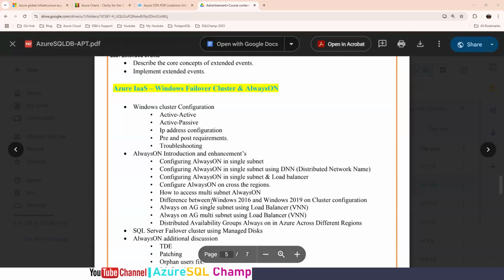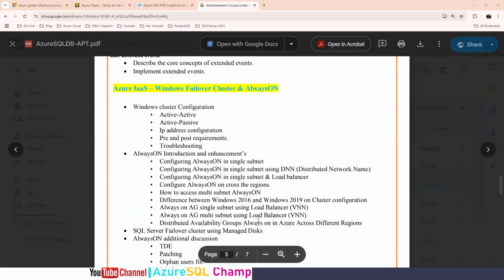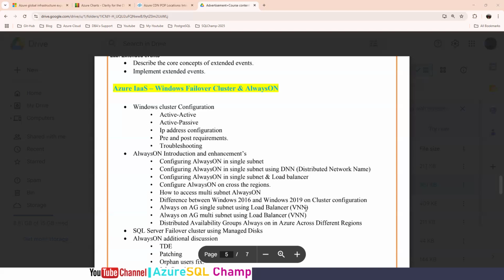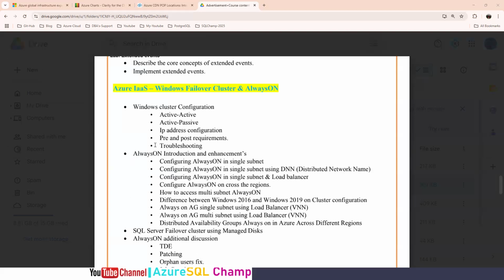So we are going to build the clusters in Windows Server 2016, and we'll see what things we need to take care of. But from Windows Server 2018, what are the changes in terms of cluster, not with the Always On availability group? So let's talk in that scenario as well. So we'll spend more time on these two concepts. Almost 2.5 weeks we'll spend on clusters and with Always On availability group.